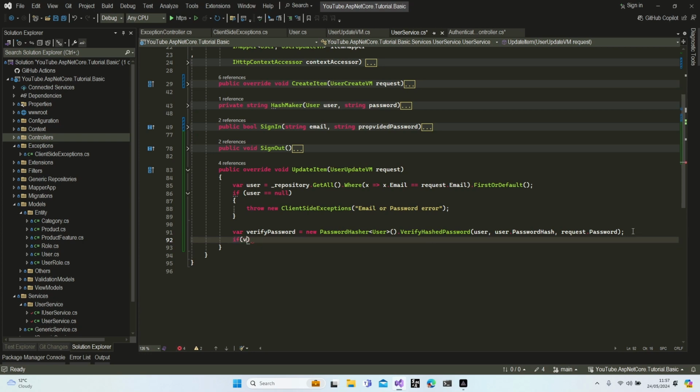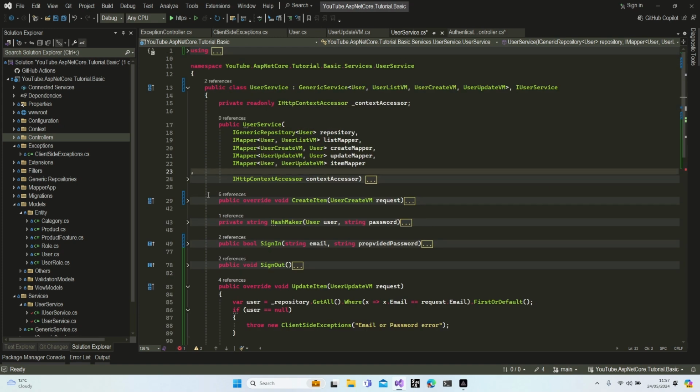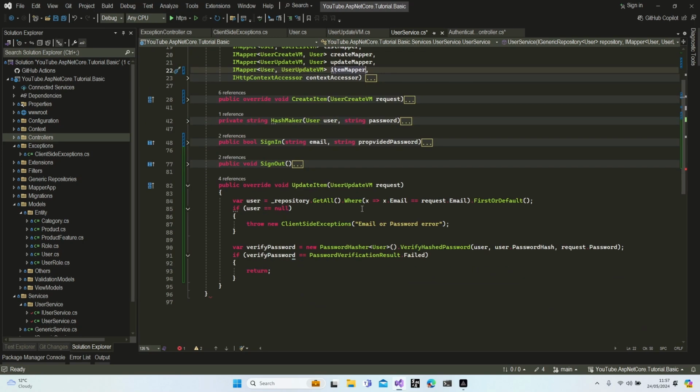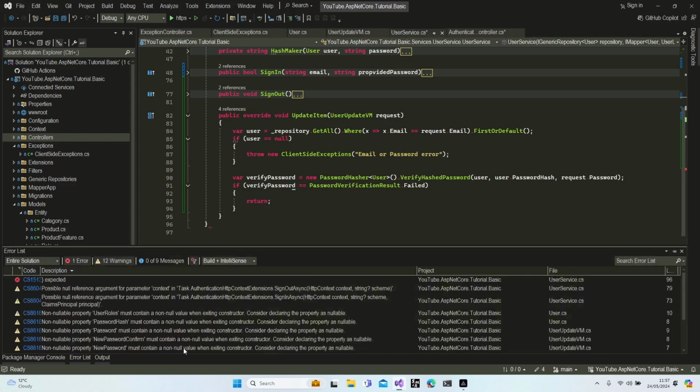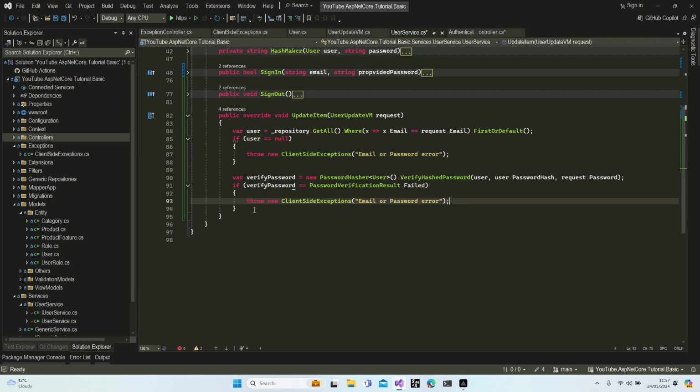If verify password has failed, we're going to return another exception. So why do we have this here? What is this error message? Okay, let's add one more. Perfect. All right. If we have a failed password verification, we're going to return the same error message. Perfect. If we passed all of them,